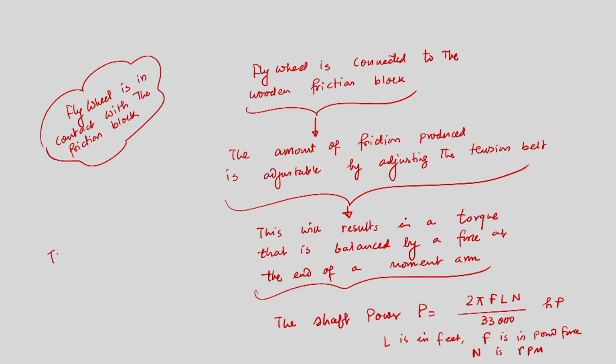What we can see from this figure is that if we would like to measure shaft power using a dynamometer, we need to measure another important parameter. Without this we cannot calculate power. What is that? This is the N. So, we need to measure the speed, and the speed is separately measured using a tachometer.